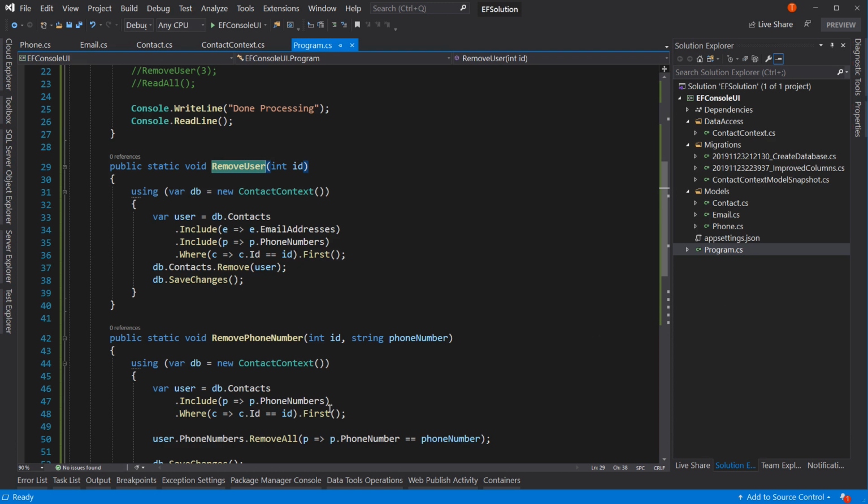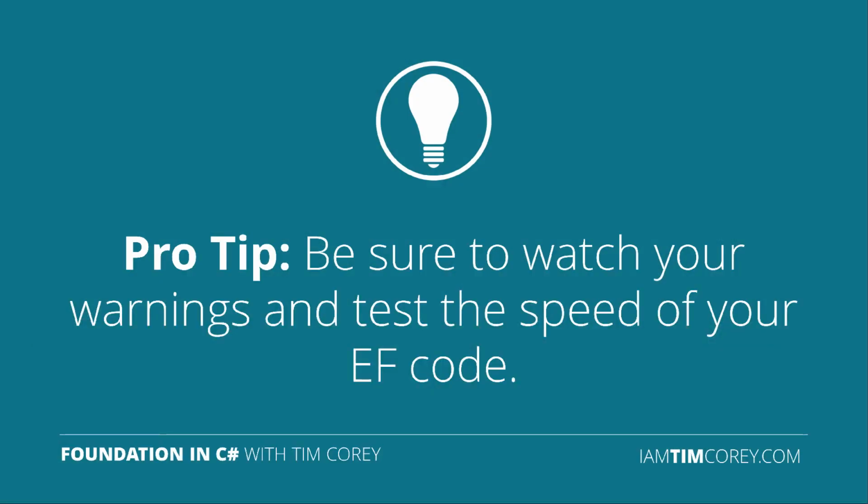Okay, so let's look at our tip for today, which is to be sure to watch your warnings and test the speed of your entity framework code. Okay, so make sure you're looking for any of those warnings that pop up. Hey, this is a problem, that's a problem. One of the things that we didn't do, but that now has a really nice warning,